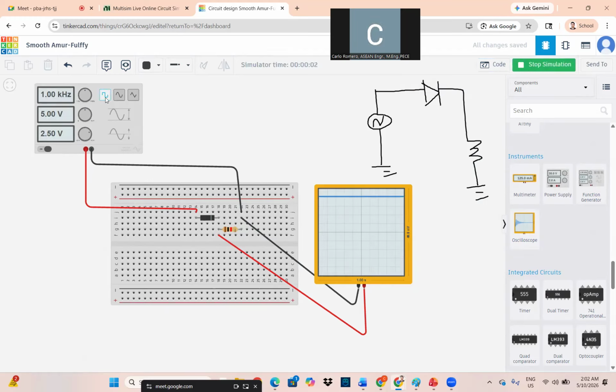Okay, now I will just change the input because this is the analog. Now, as you can notice, we will be changing the frequency. I think you can notice the supply.